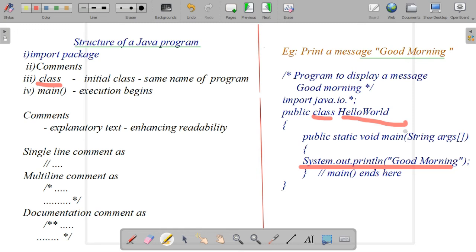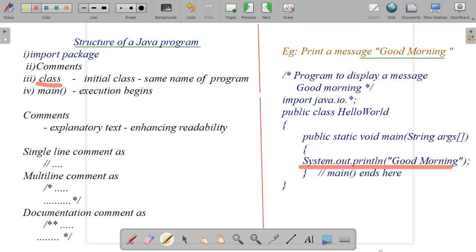What is the initial class? The initial class means the class containing the main method, and also its file name is equivalent to that particular class name. If there is no main method in the program, then what will happen? No execution will take place. That is the use of the main method. But in the case of BlueJ, we can run and test a Java program even without a main method. But this is only for educational or learning purposes. In real-life applications, we require a main method to execute.